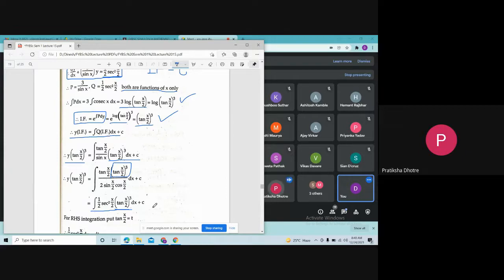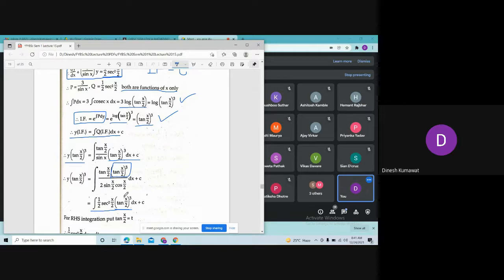Yes, sir. So now see what derivative we are getting in this. Sir, the derivative of tan x by 2 is sec square x by 2. Is it sec square x by 2, or is it 1/2 sec square x by 2? See, yes sir, it is half. This is a function of x, so you need to take the derivative of this again. Okay, that is, you are going to apply the chain rule of derivative.